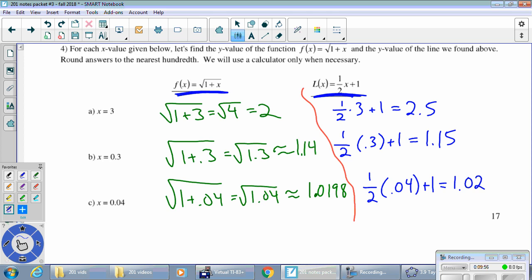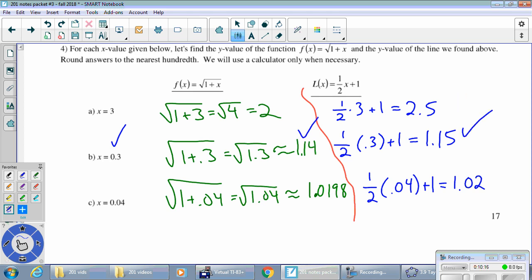And so when we picked an x that was pretty far away from 0, we didn't have such a great approximation. Y equals 2 is the exact answer. That's the quote right answer. And our approximation is 2.5, and that's not so great. But then we picked a number that was closer to 0, and 1.14 is the right answer,